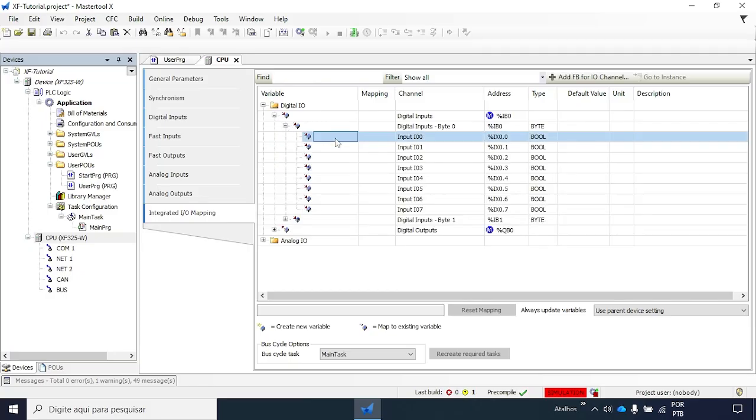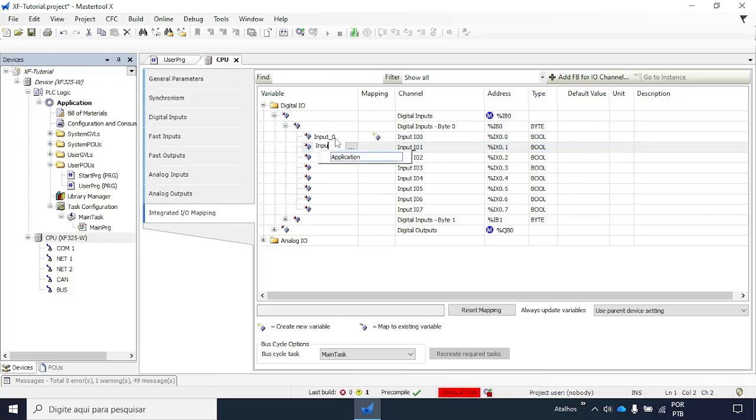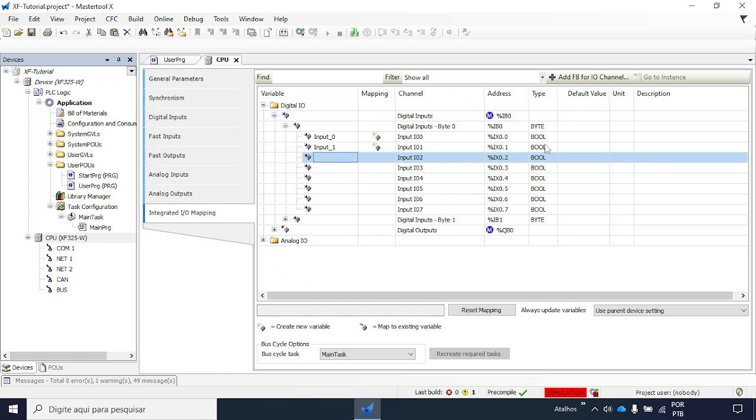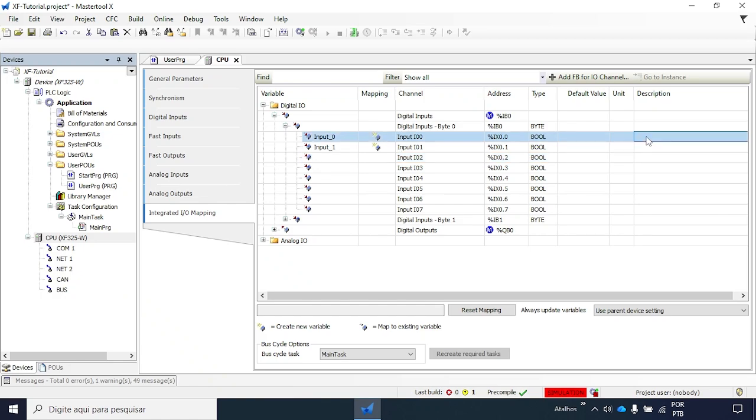We will start then by configuring the digital inputs first byte, which is this one. And here, for example, at IX 0.0, I can assign names or any words as long as it does not contain accents, spaces, or any special characters. So, for instance, I will name input 0 as input underline 0 and input 1 as input underline 1. I can also add a description which works like a comment. I can describe what might be connected to input 00. So let's say it's a sensor 0 and sensor 1.